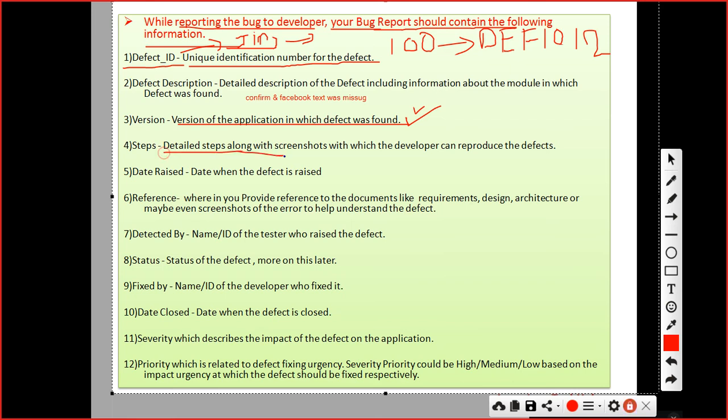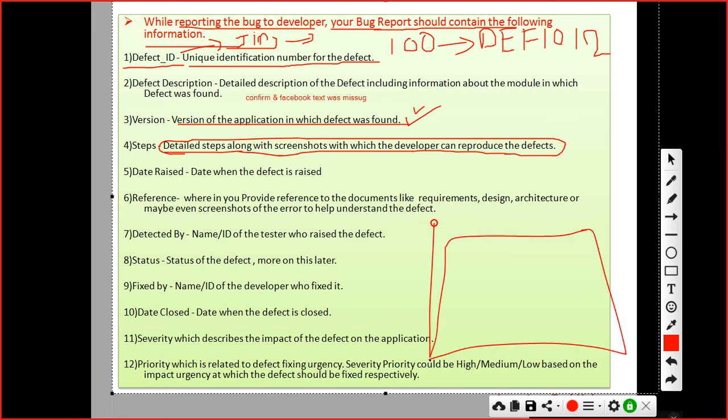You have to take the screenshot. Here you have to explain details to the developer: these are the steps I followed to validate, and you can attach the screenshot so the developer can reproduce the defect, right? So the developer is able to understand whatever you have explained.